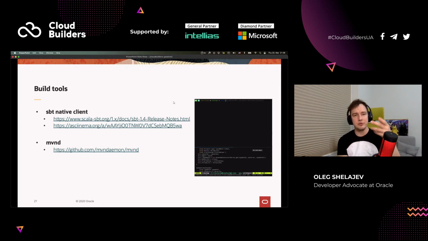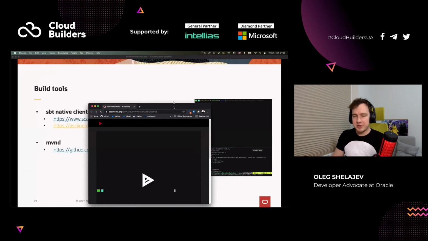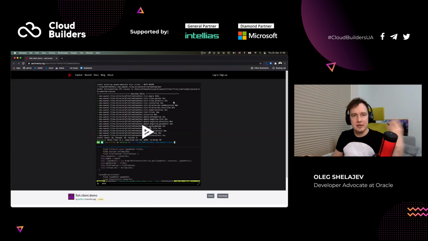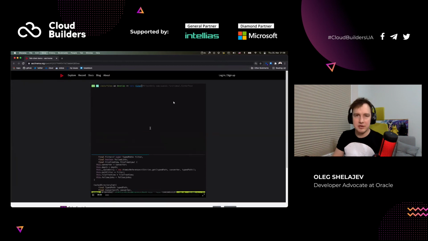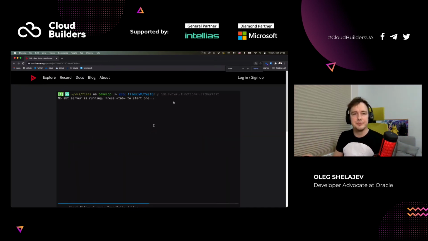So there are a few interesting options. I'm going to go to this URL actually. So SBT, which is a Scala build tool, has the, I don't know how much you can see, has the